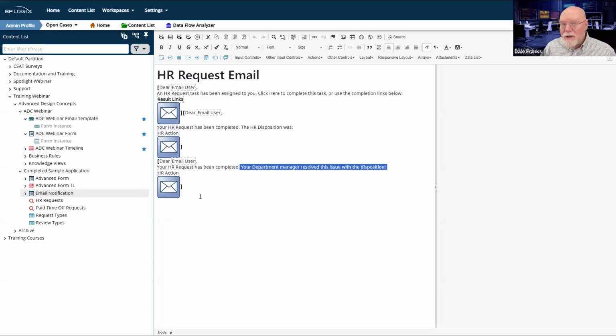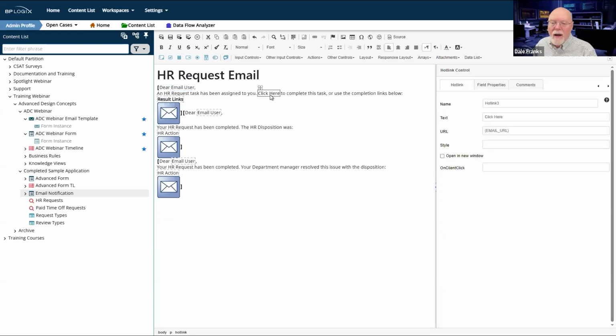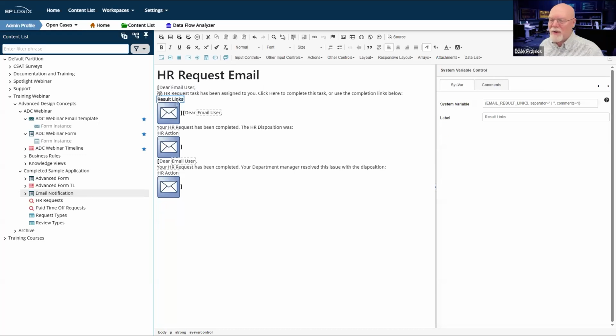Now, each of these messages need to contain the same sort of information. I've got my personalization. I've got my link so that I can go to my task. I do not have task instructions on here, so it looks like I missed putting the task instructions. Or actually, I think I had task instructions, but I replaced them with this.